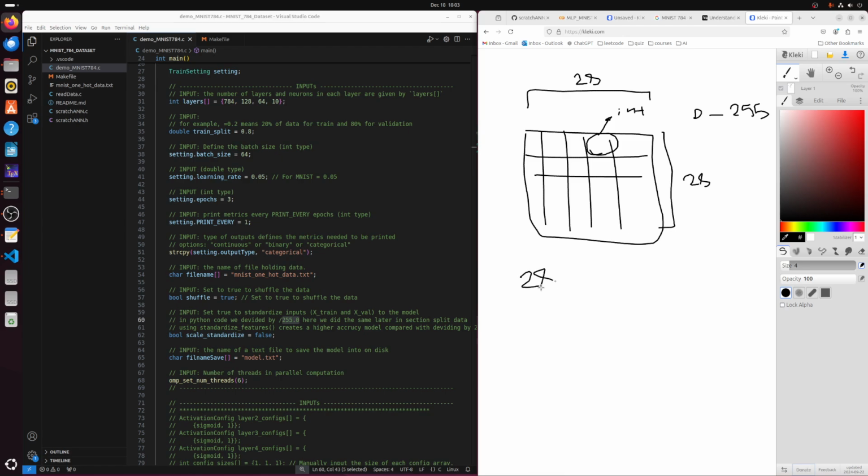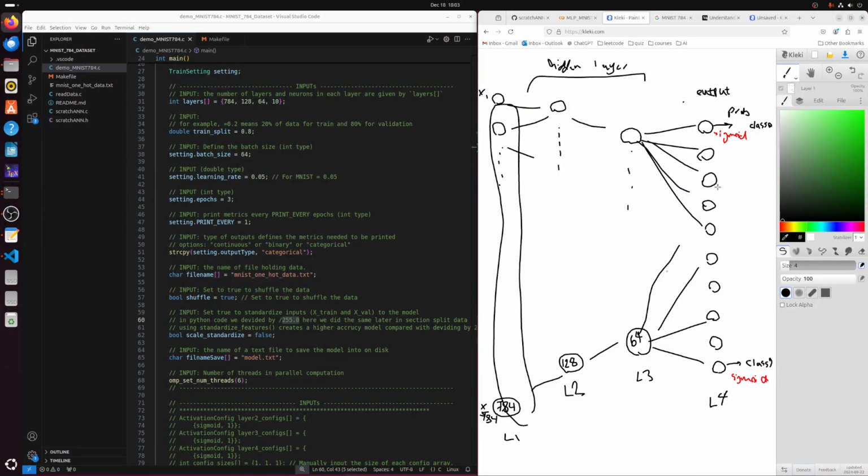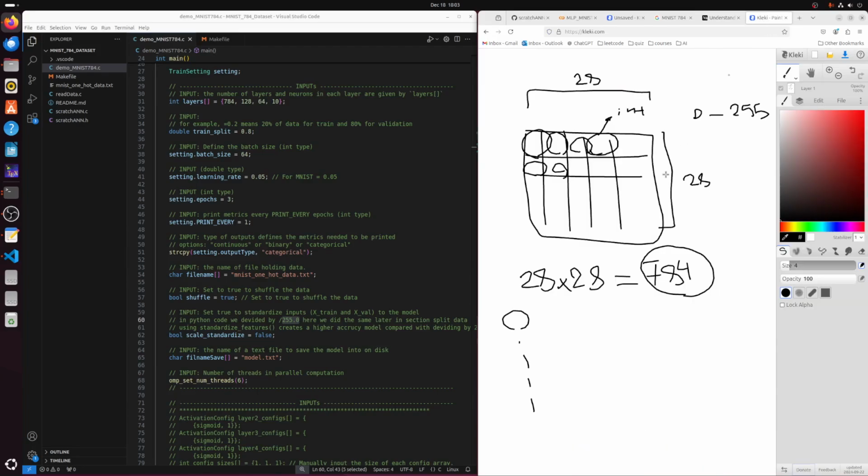This is a 28 by 28 pixel image. So 28 times 28. Oh, did I say 200? No, I'm sorry, I said 200. I'm sorry. 28 times 28 is 784. This is the number of inputs I have. Every pixel is one input. This is the way I'm passing my inputs to my neural network. And what I want to do, I need to standardize the data, because again, some of the x values,